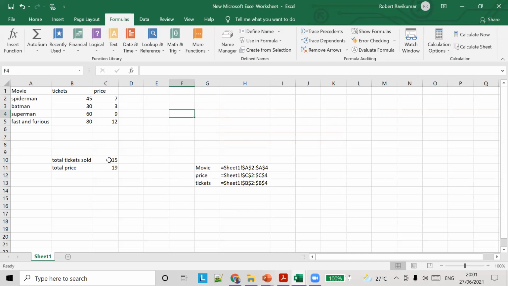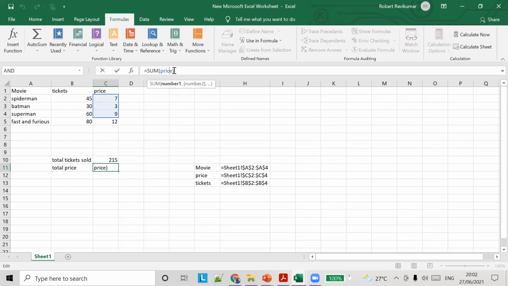See, it has increased. But still the price range is not changed. So 7 plus 3 plus 9 is 19. Okay, so 19 plus 12 is 31. So we should get 31 here, but we are not getting it. So what we have to do is edit the price name range. The price name range only consists of these three values, but we have to include the 12 also, right?